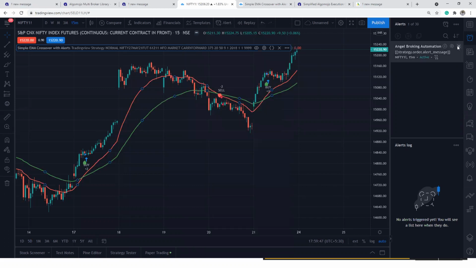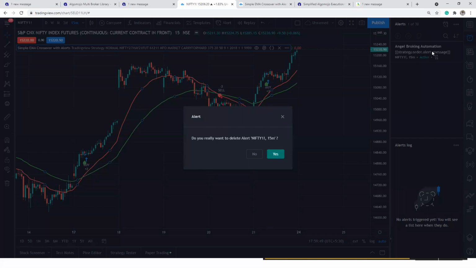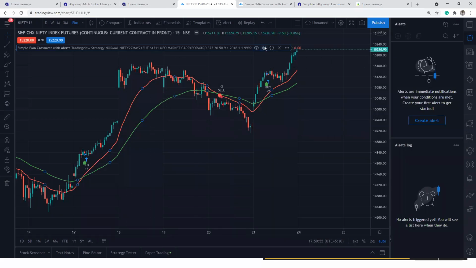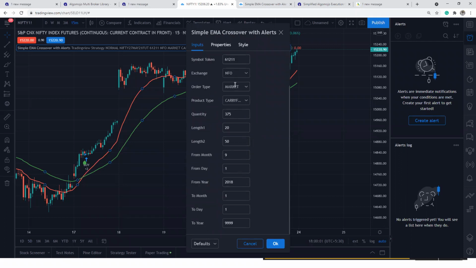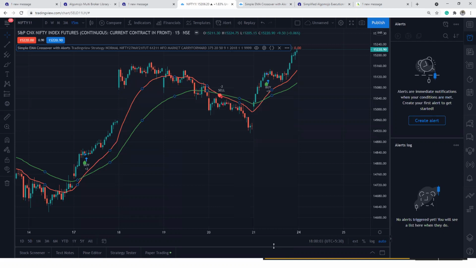Probably you won't have to delete that old configuration, because it is configured with the wrong lot size. So now the lot size has been set, I went to the settings. So quantity has been plotted properly. Make sure that all the values are set properly. Press OK. Now click, alert can be created from here also.